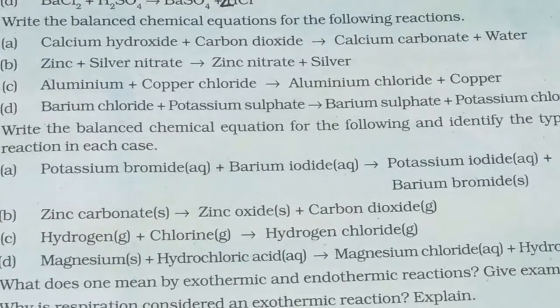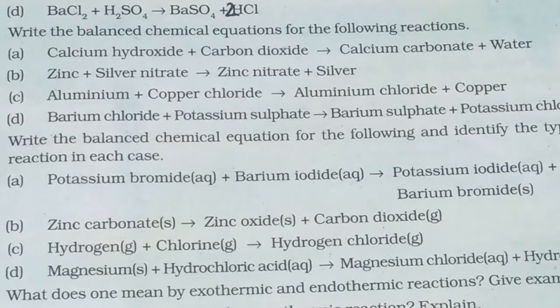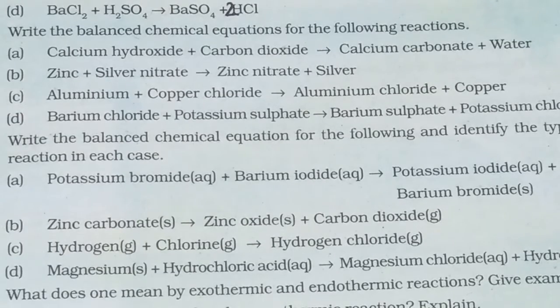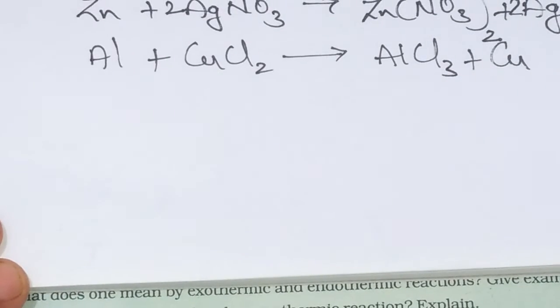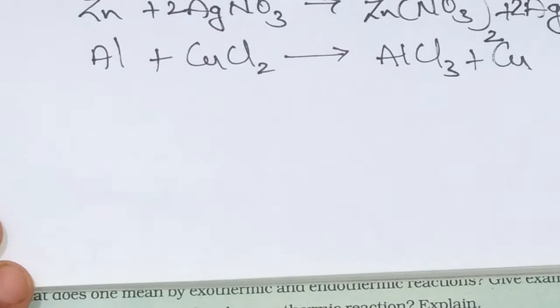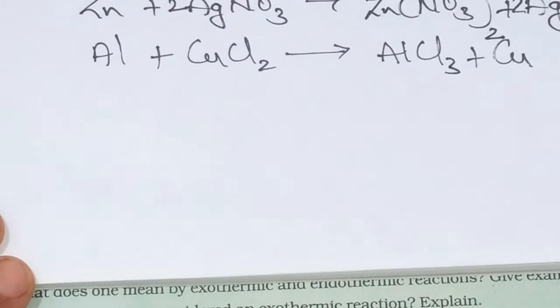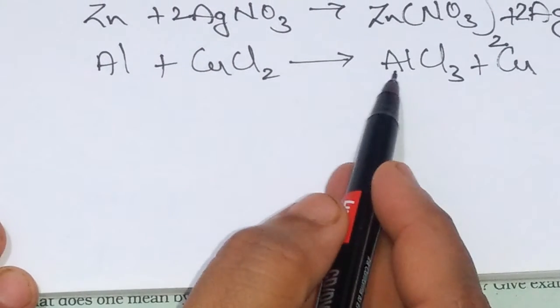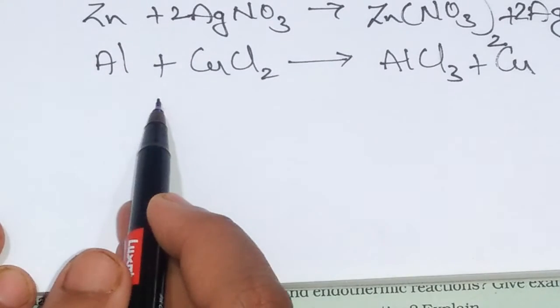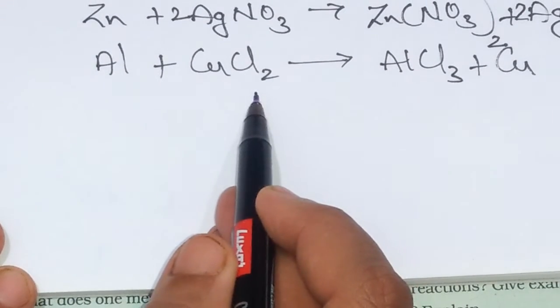See the C question, question number C in the 7th question. Aluminium reacting with copper chloride forming aluminium chloride and copper. Let us write the chemical equation for this by using formulas and symbols. Now here we have written the equation, but we have to balance this. Aluminium plus copper chloride gives rise to aluminium chloride plus copper. So here chlorines can be balanced first, because the remaining ones, aluminium and copper, are anyway 1 on both sides. So let us balance chlorine first.